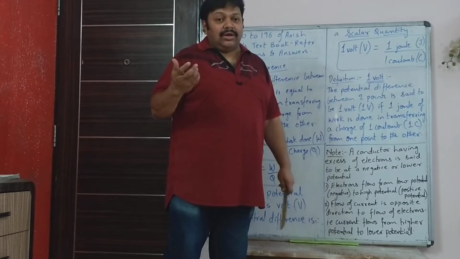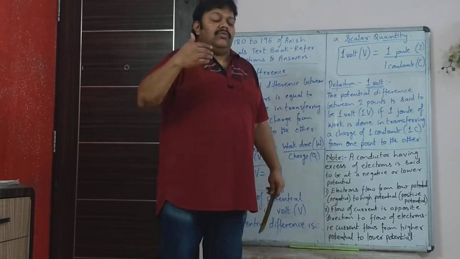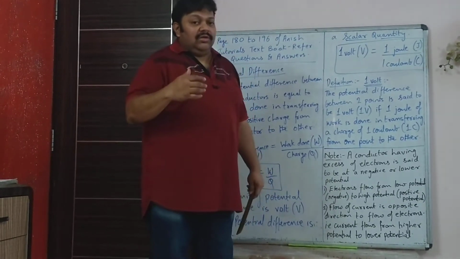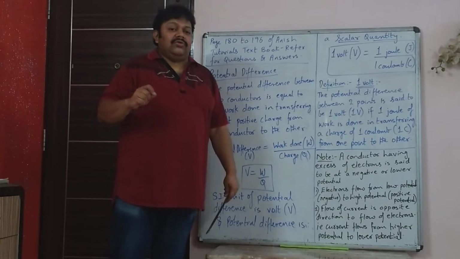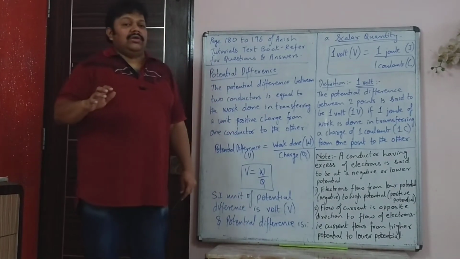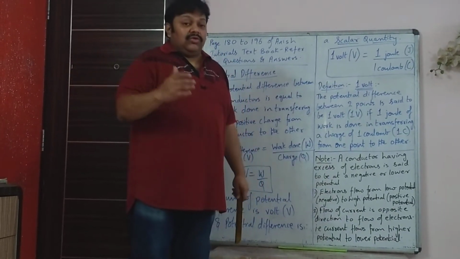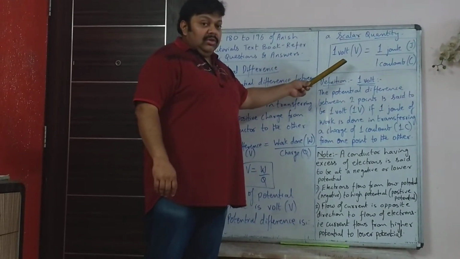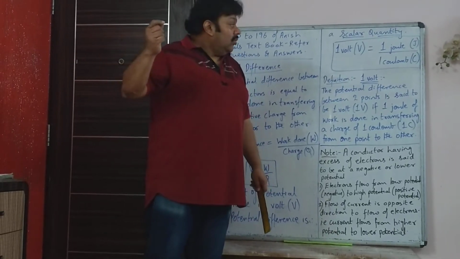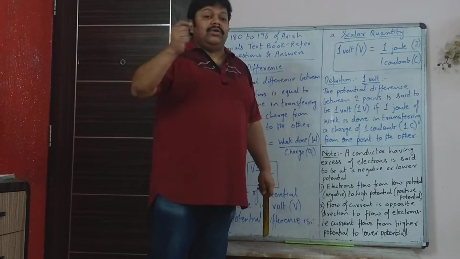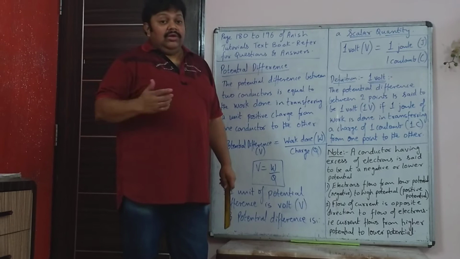You can't say 1 volt is the current. Then your entire definition is wrong, because volt is not the unit of current. Volt is the unit of potential difference. So in physics, when you write a definition, if you change one word your definition's meaning goes, and then you will not get a single mark. So you will say potential difference between 2 points is 1 volt if 1 joule of work is done to move 1 coulomb charge from one point to the other point. That is how you can define it. You can define it in your own words, but you can't change the meaning.